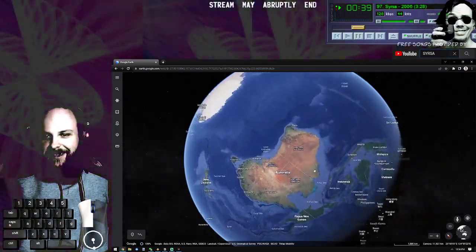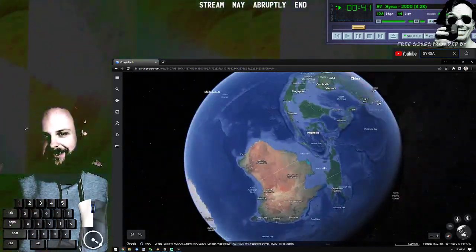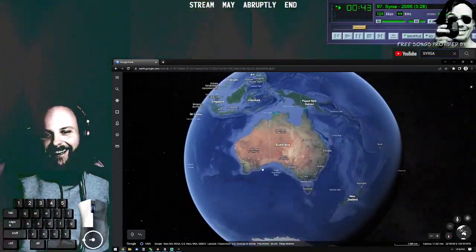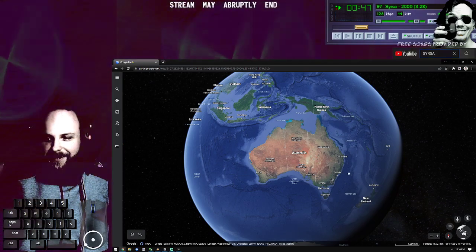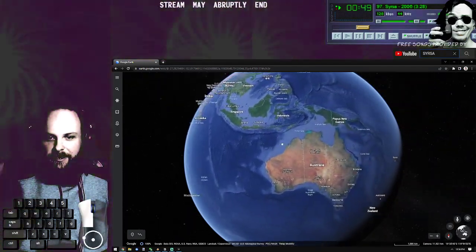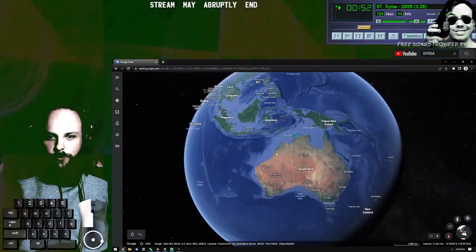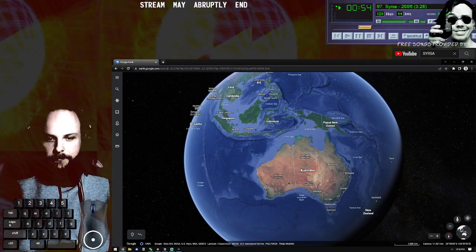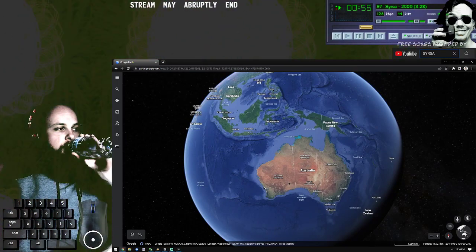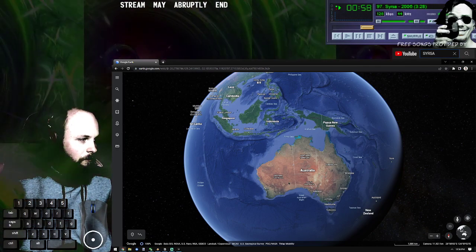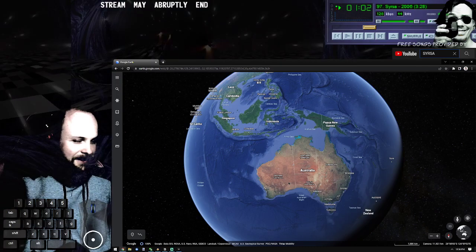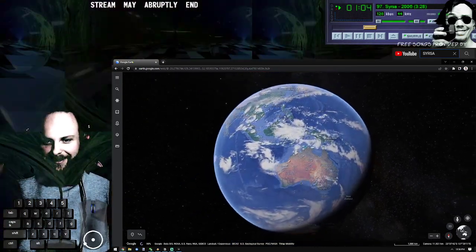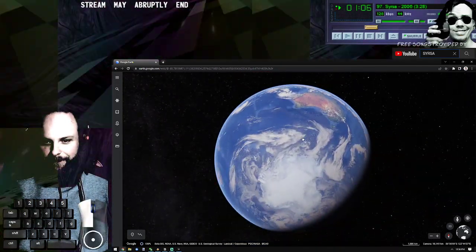I don't know why it's rotated like that. Hang on, there we go. I have no idea why it started upside down. It might be remembering the last time I was looking at it and I was going, woo. No, that'd be hilarious. That was very meme-tastic, wasn't it?